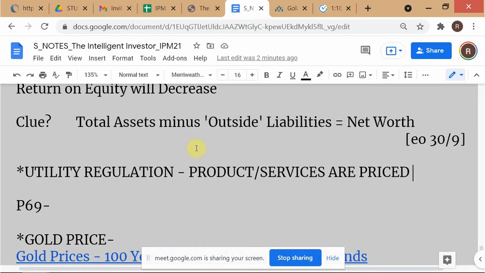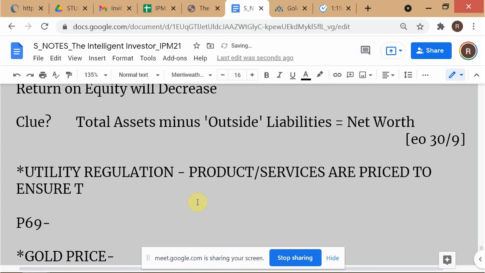All right. Okay, so I just wanted to tip you off about this domain of finance called utility regulation. This is very common in electricity, for instance, and water prices. In India, we don't normally price water, but in many other countries like Singapore, they price water. So products and services are priced to ensure